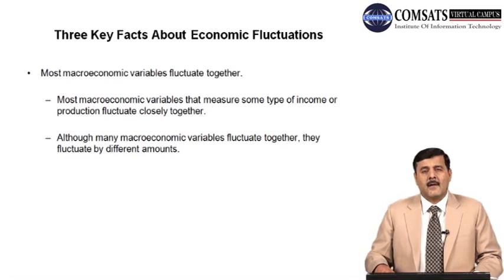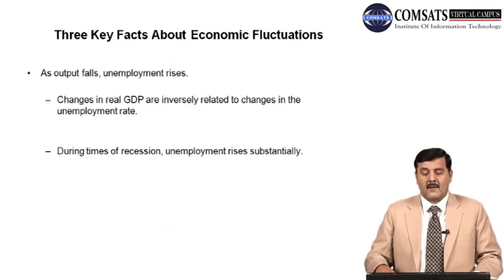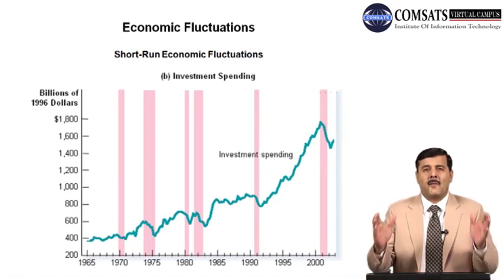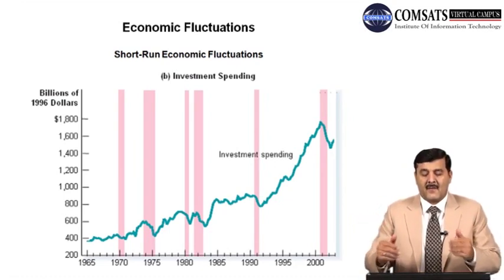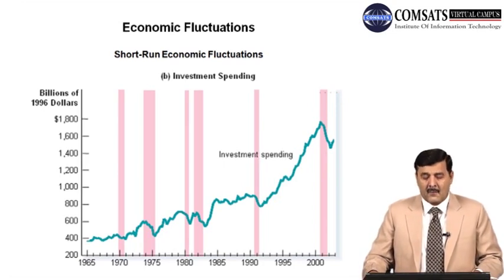The third fact about economic fluctuation in the short run is investment spending. This is again another graph, the second graph. This is the second fact we talked about, that macroeconomic variables fluctuate together. If we look at investment spending, the green line in this graph tells you how much is spent on investment at different times in the US economy, and these shaded areas show the periods of different